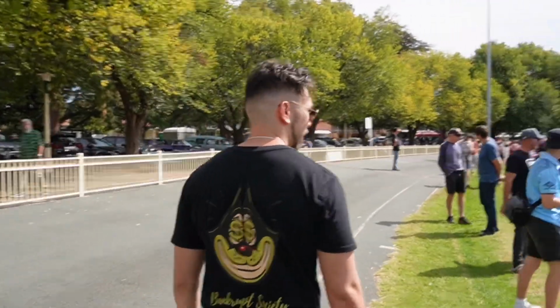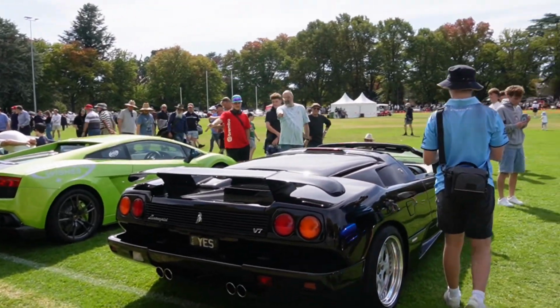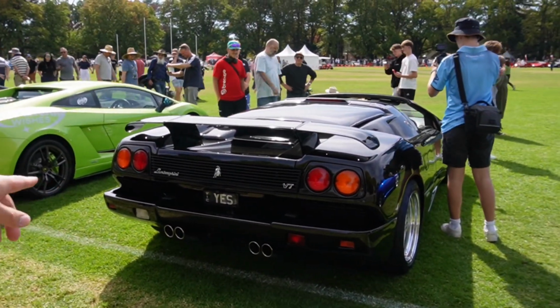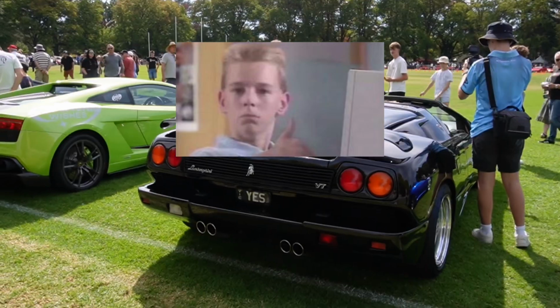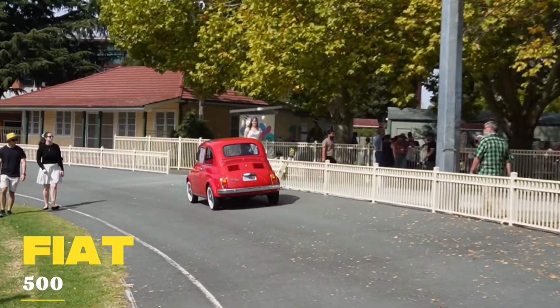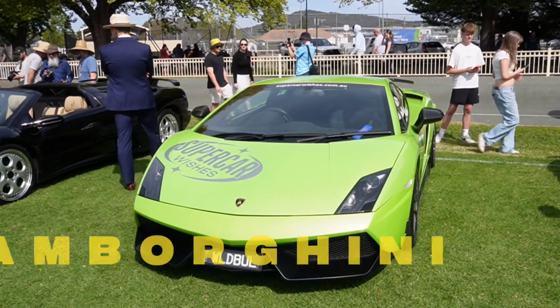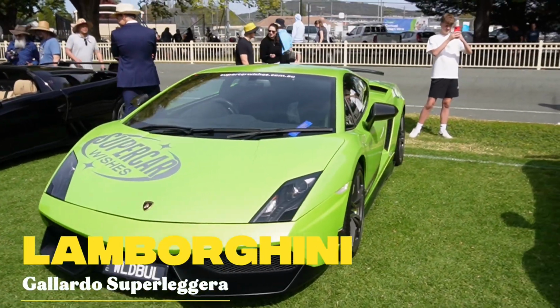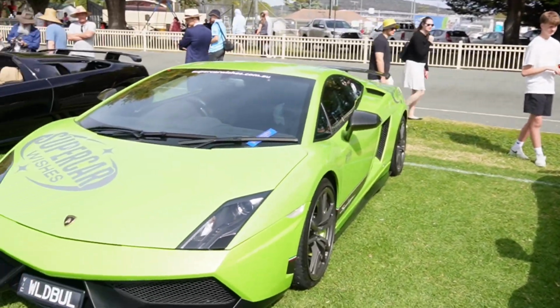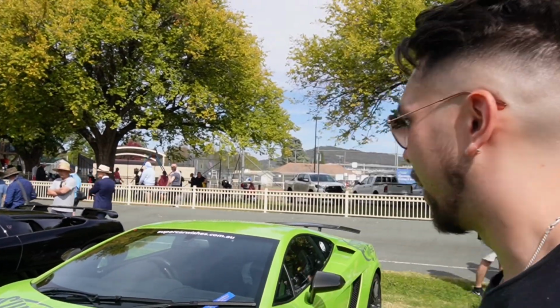And we've got another Diablo Roadster next to it with a very expensive number plate. Yes. Beep beep. This green beast here is the Gallardo Superleggera LP 570-4. Now, you might be wondering why I'm saying all this 570-4, 700-4. Well, in Lamborghini terms,